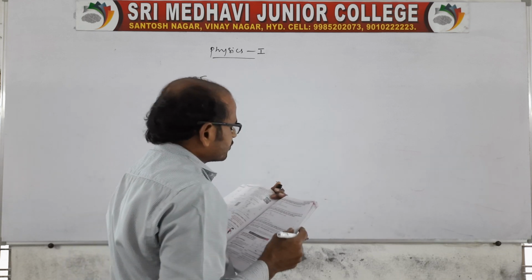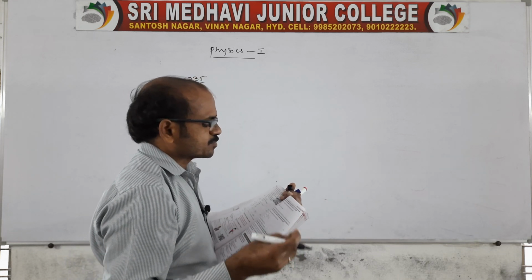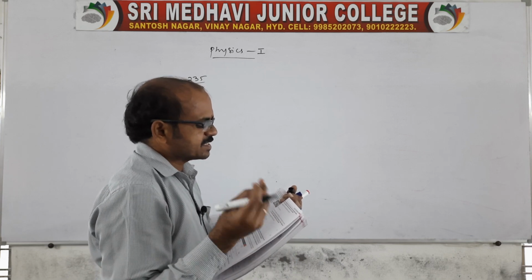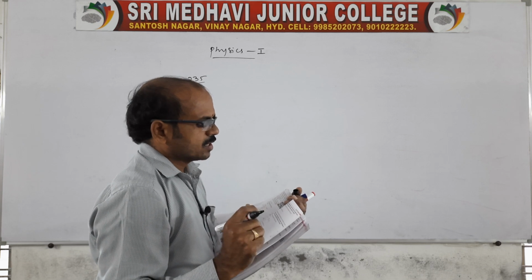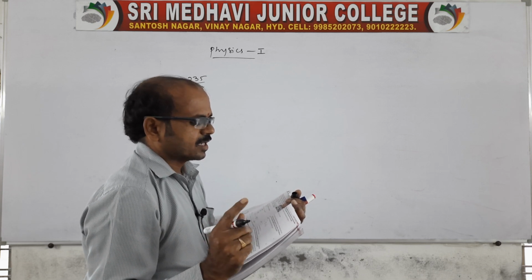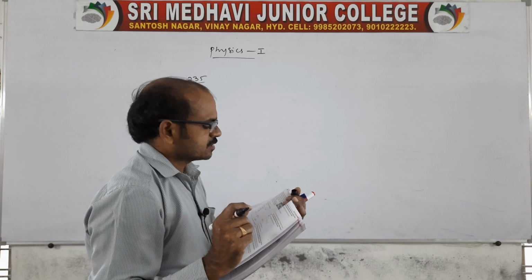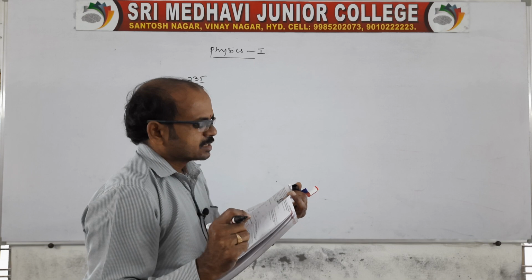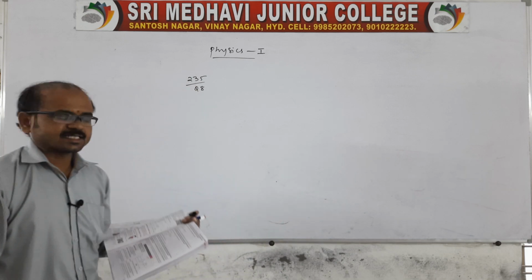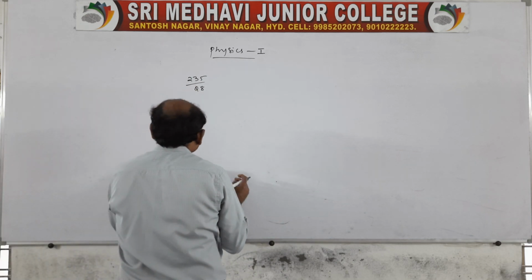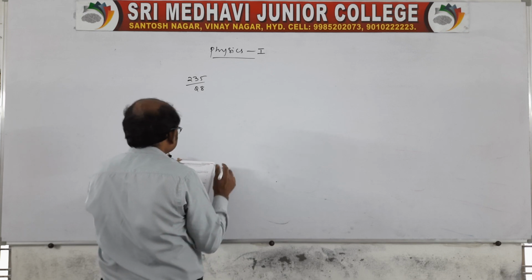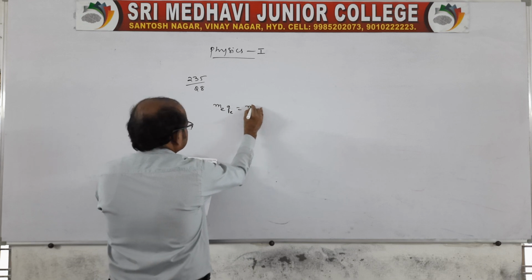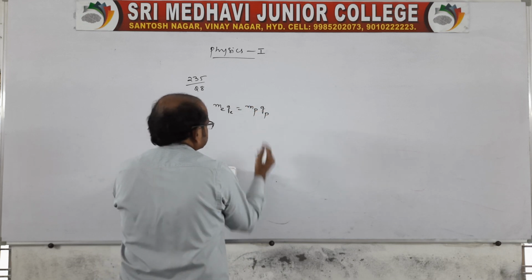The problem is: the weight of an object is more at a pole than at an equator. So the weight is more at the pole than at the equator. At which of these can we get more sugar for the same weight? Give the reason. See, we know the weight at the equator and the weight at the pole.